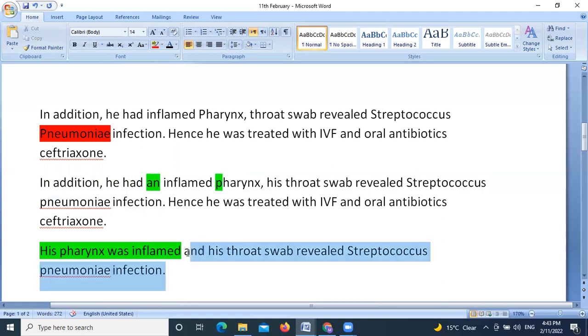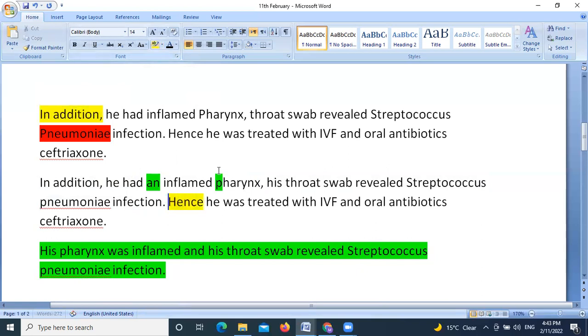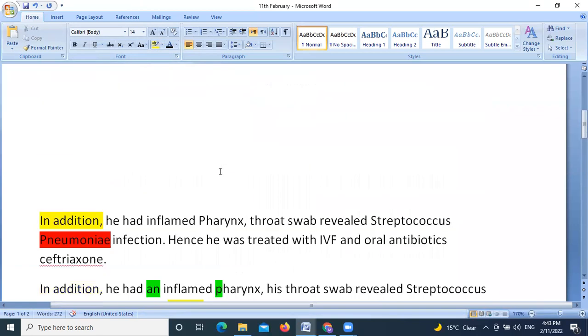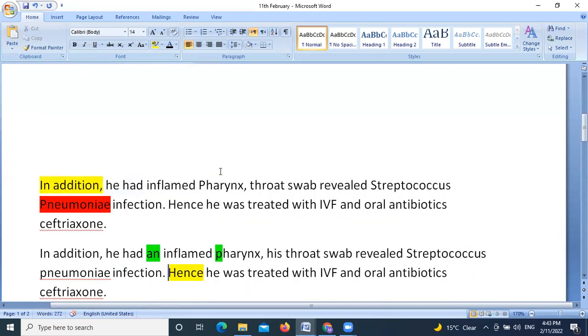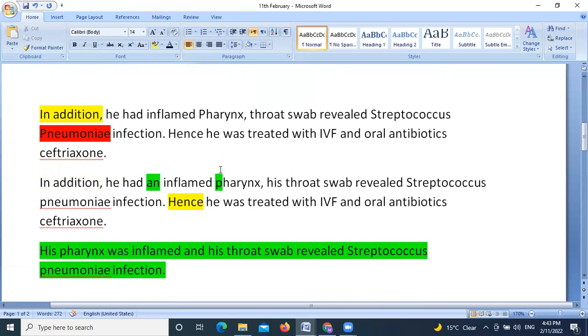Okay, like this. Now it is much better and a good sentence. The other thing you can note down is that this student is writing the linking words "hence" and "in addition". In the previous video that we marked, this was the same student. She was using "however" and these linking words. Overuse of linking words is a little bit of a mechanical way of writing; it should not be used.